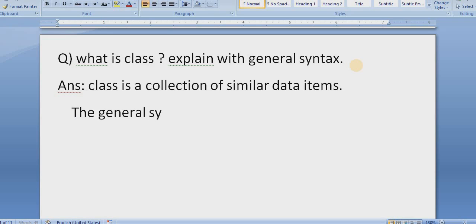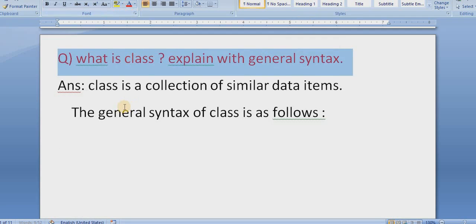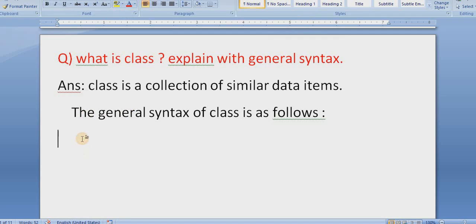The general syntax of class is as follows. मीन्स क्लास कैसे क्रिएट करते हैं उसका सिंटैक्स लिखना है हमको. So this was the question and this is the answer. So general syntax, how to create a class. So it is very easy. First we have to write class in small letters, then... ये कैपिटल हो गया है, we have to write in small letters. So class, then